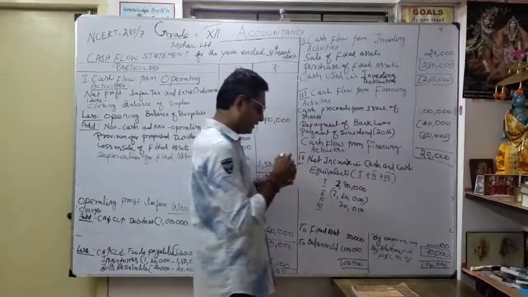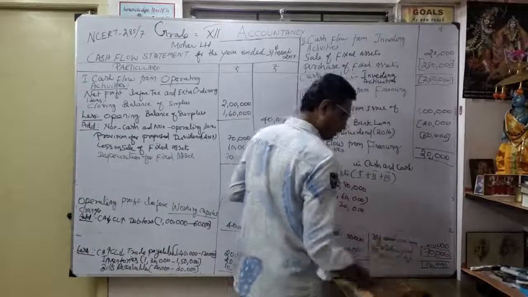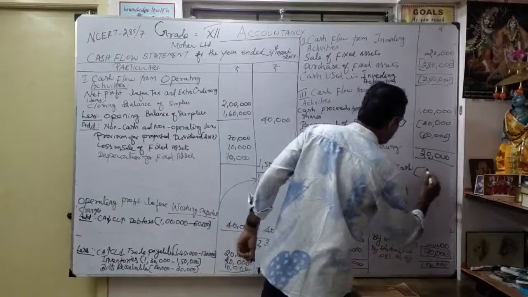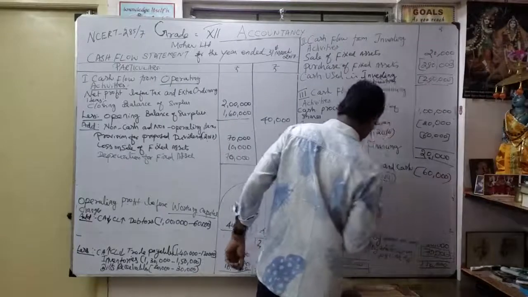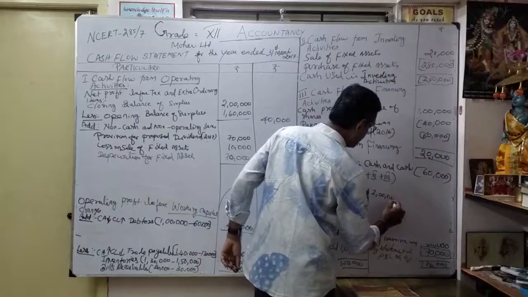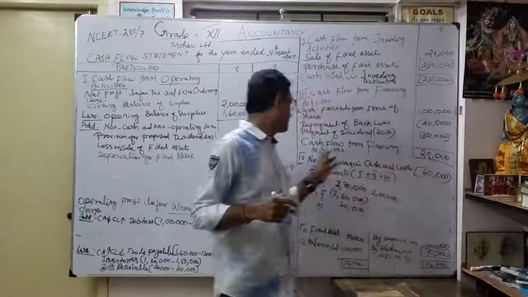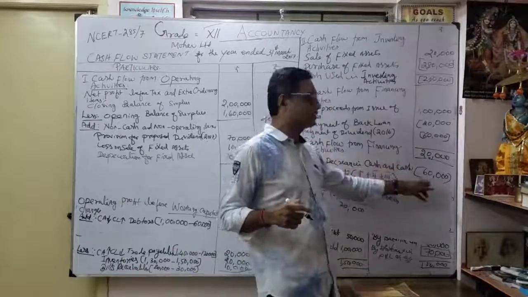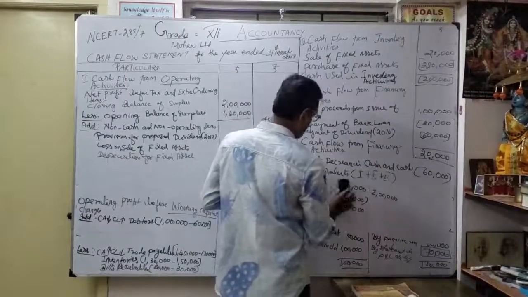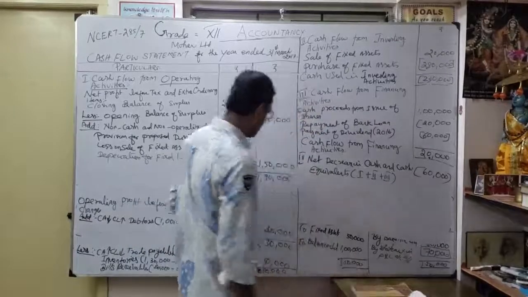So you get what? Our cash net decrease. Correct? That's what, net decrease. Because within the bracket, you got the answer: 60,000. How, sir? 180 plus 20, 2 lakhs, positive figure. So this is 2,60,000. Naturally, 60,000 is our net decrease in cash and cash equivalents within the bracket. Now you understood the idea here. That's why when you write like this, you can easily get this amount. Otherwise, you become confused. Okay, so here this is 1,80,000 for operating activities.